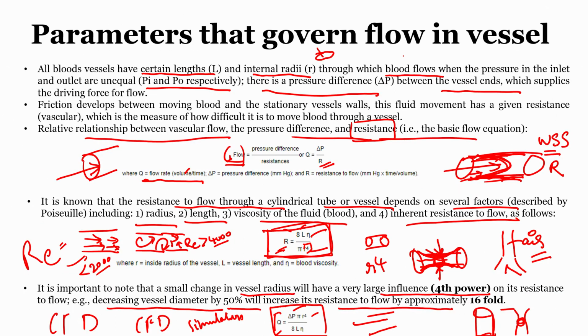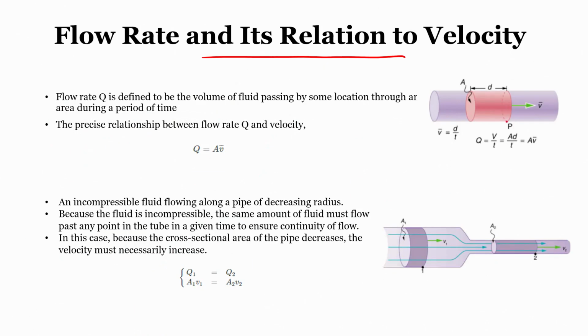What we have seen here is how the resistance changes with respect to the channel geometry, that is the length, and what is a volumetric flow, and how the differential pressure and volumetric flow are related. Here what we see is the velocity. Two parameters we have to understand are the pressure drop and velocity. If these two parameters can be quantified through the body lumen, then it becomes easier to understand how the fluid is flowing through the channel.